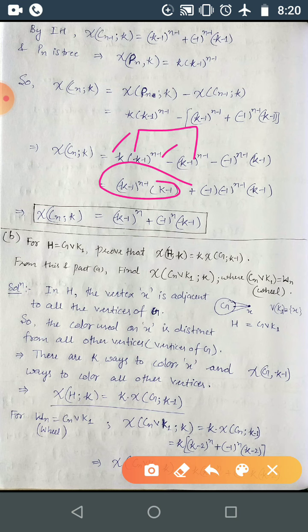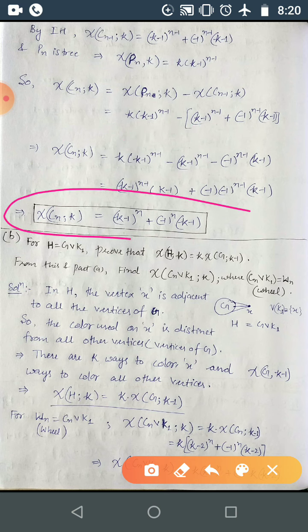Then minus 1 raised to power n minus 1, and this is same. So from here you got k minus 1 raised to power n minus 1 into k minus 1. So base same, power will be added, here power is 1. So n minus 1 plus 1, it will be giving you n, and here minus 1 minus 1. So it will be minus 1 raised to power n, correct? Power base same, power will be added. So here into this one, and that's the result we wanted, correct?